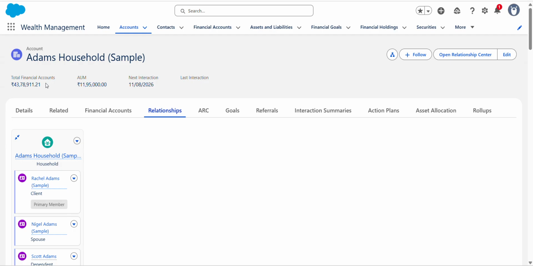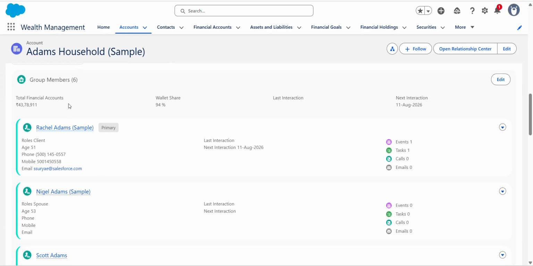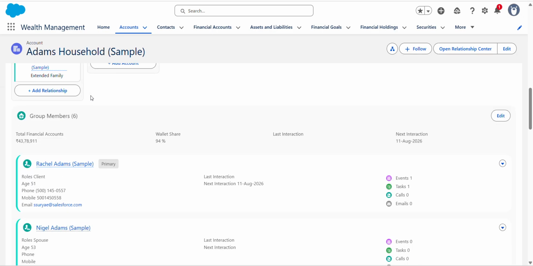I am not refreshing my browser, that's why it has not changed yet. Now I refresh it. This amount has changed because we removed the financial account for Scott Adam. So this is where you can edit the amount for your group member.